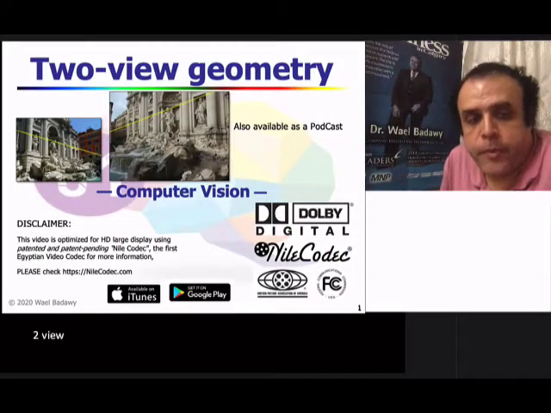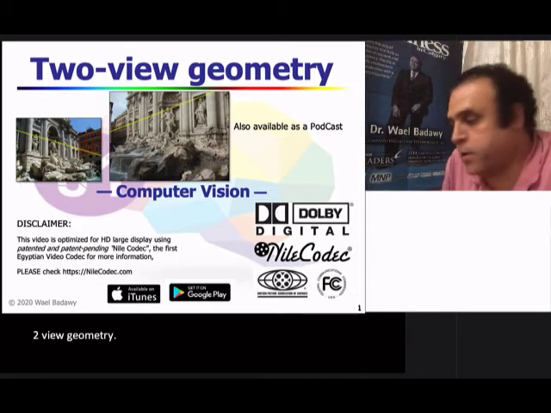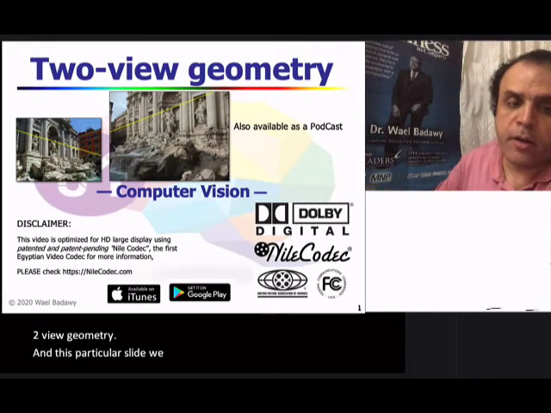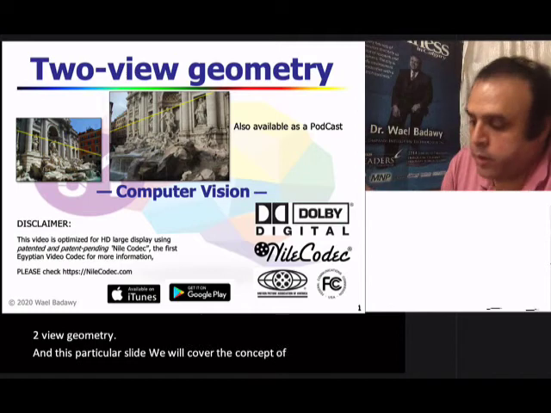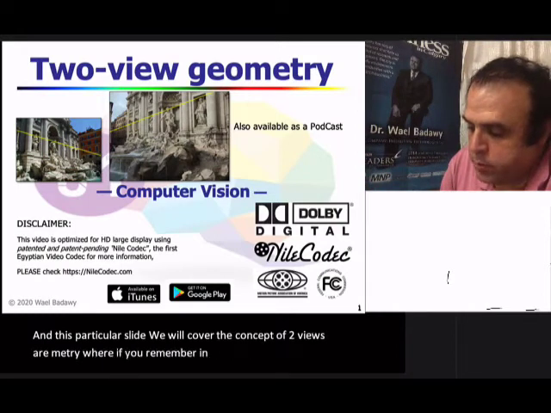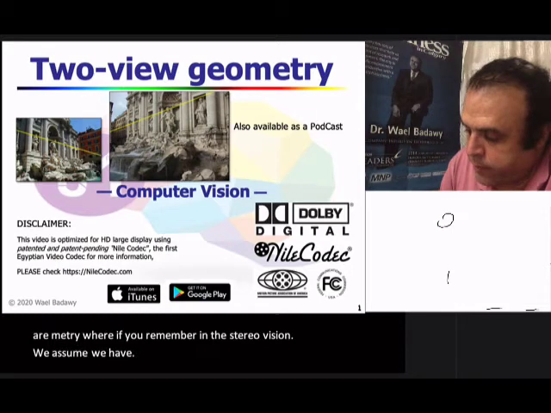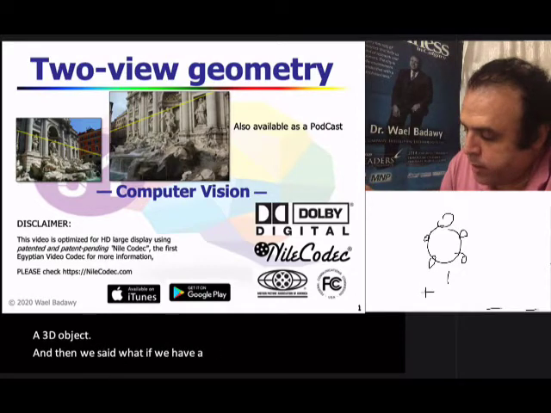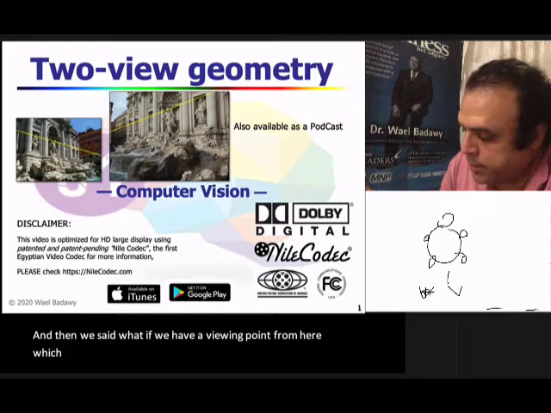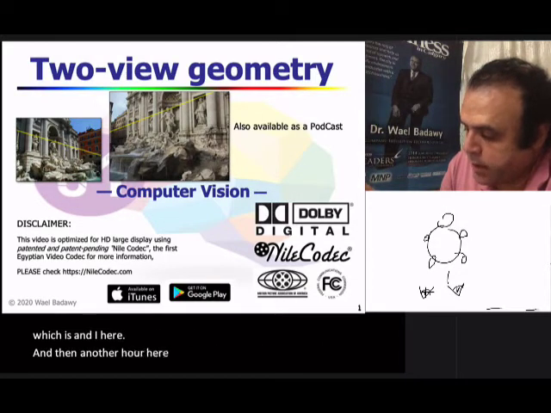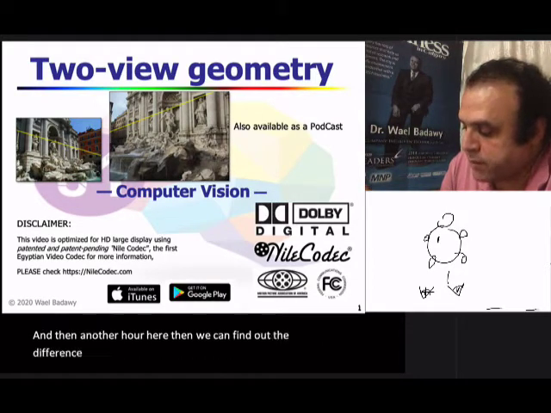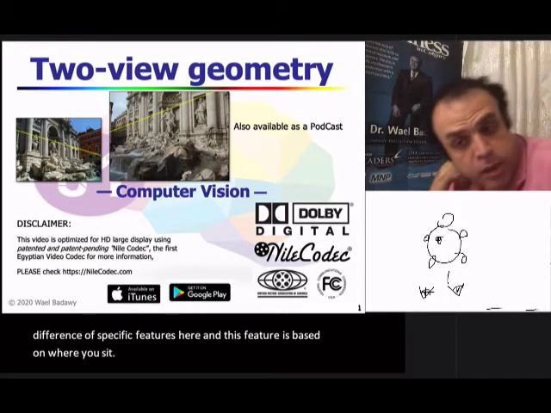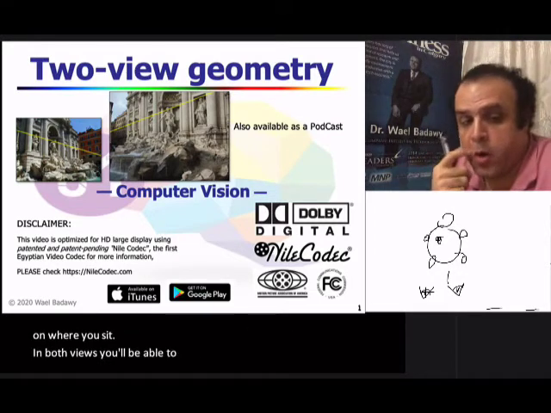Two-view geometry. In this slide, we will cover the concept of two-view geometry, where, if you remember in stereo vision, we assume we have a 3D object, and then we said, you know what, if we have a viewing point from here, which is an eye here, and then another eye here, then we can find out the difference of specific features here. And these features, based on where you see them in both views, you will be able to find out the